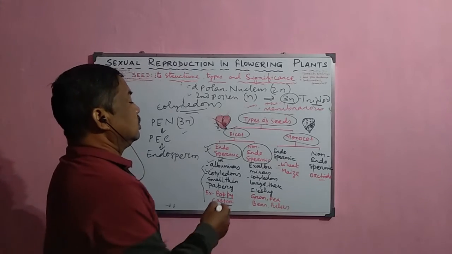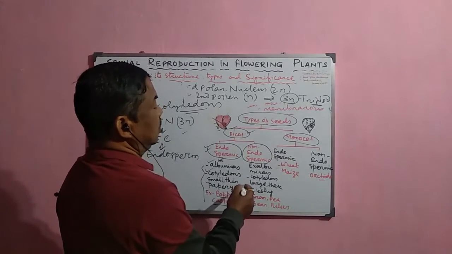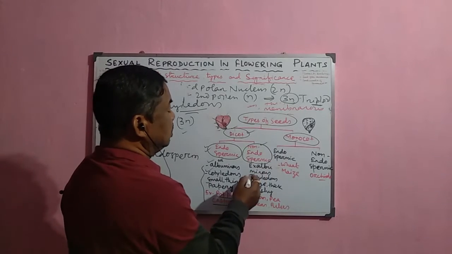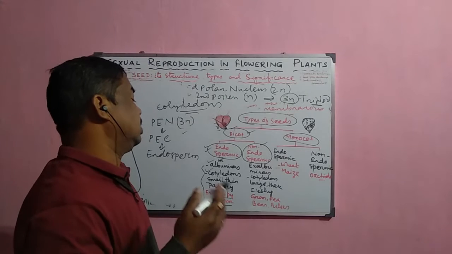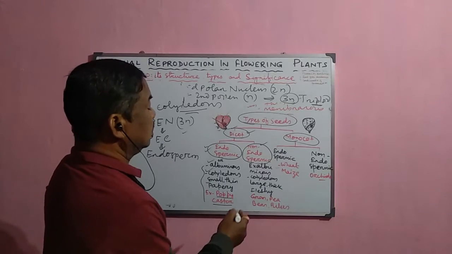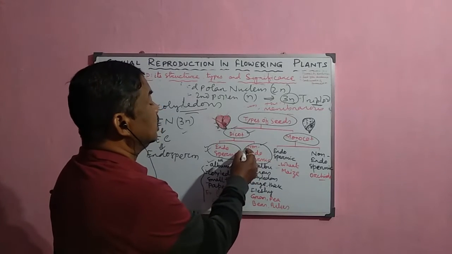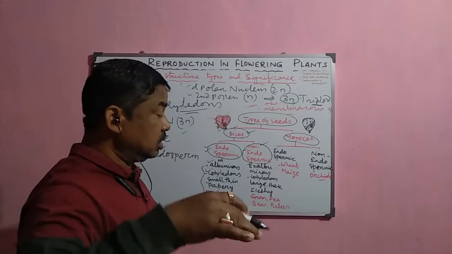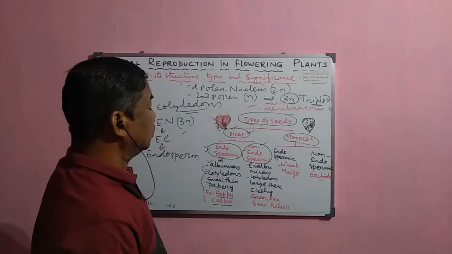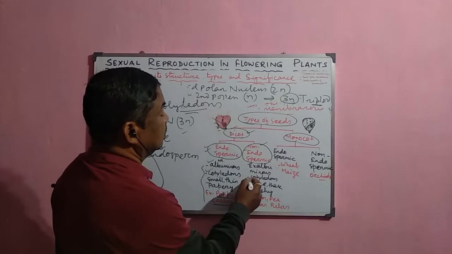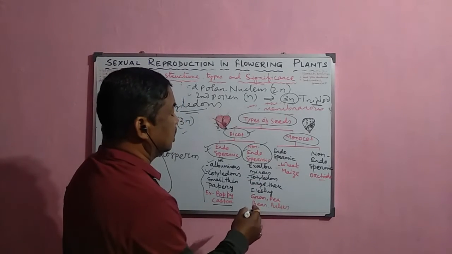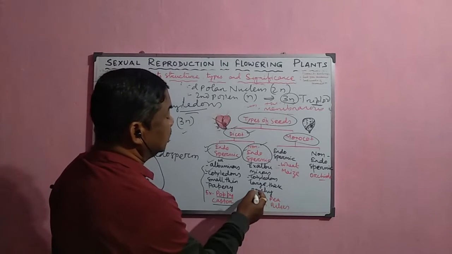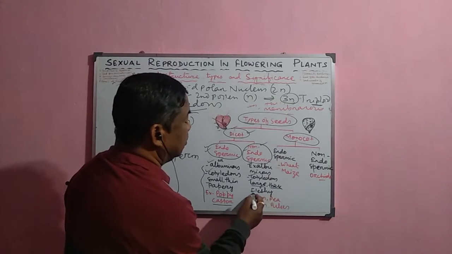But sometimes in some dicot plants, what happens? The endosperm is completely used up, completely consumed by the developing embryo. And that is why they do not contain the endosperm during its development or after the completion of the development. That is why the cotyledons have played an important role and are well developed there, and these cotyledons are large, thick and fleshy.